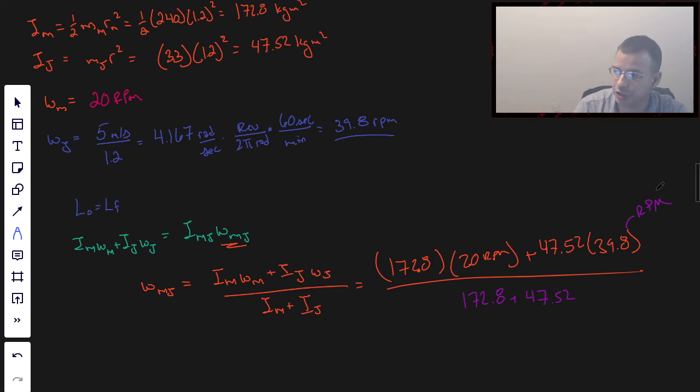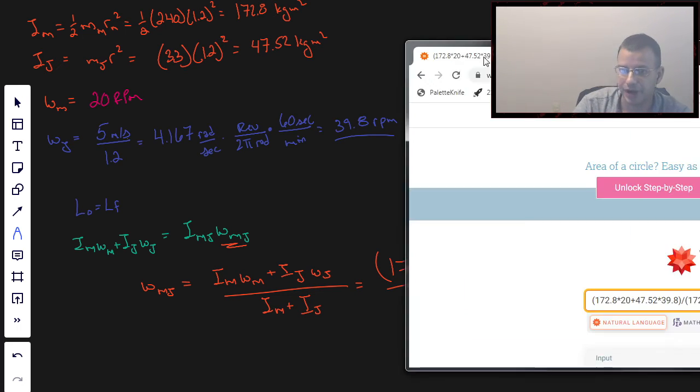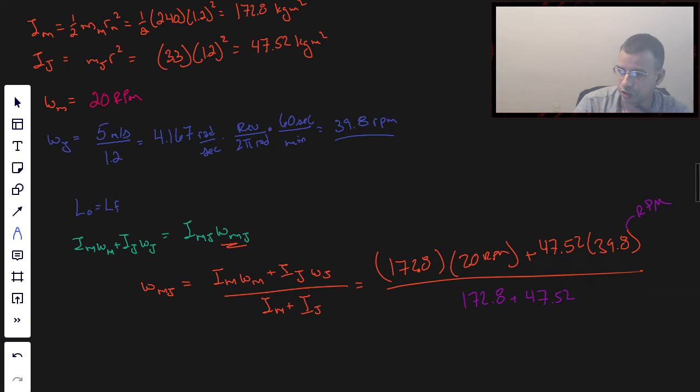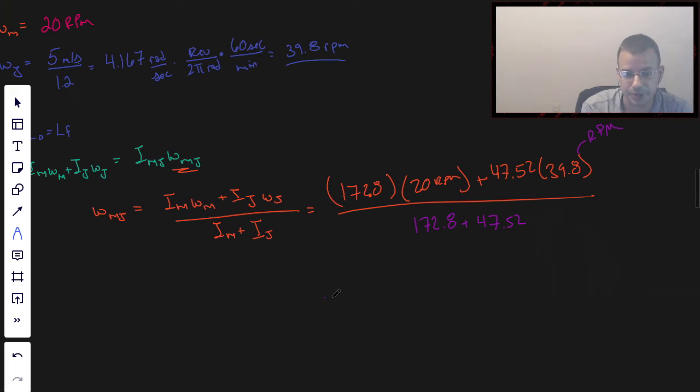Yep, that seems reasonable. And I'm going to do this on Wolfram just because it's complicated enough. I don't want to put it in my calculator, and it's easier to check my work to make sure that I put it in correctly. Times 20 plus 47.52 times 39.8 divided by 172.8 plus 47.52. Yep, and the merry-go-round actually speeds up. So here's our values, plug it in, 24.27. So the final speed, measured in RPMs, is going to be